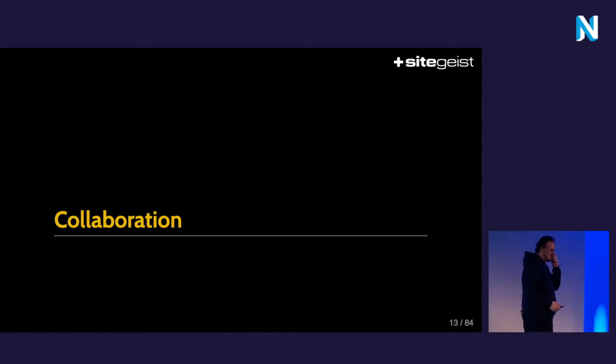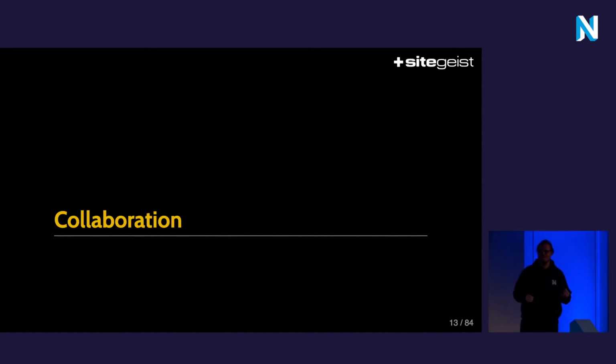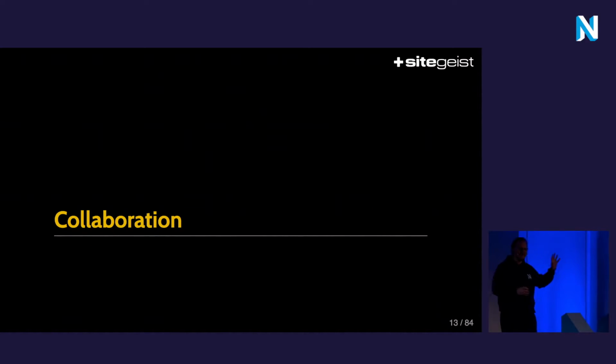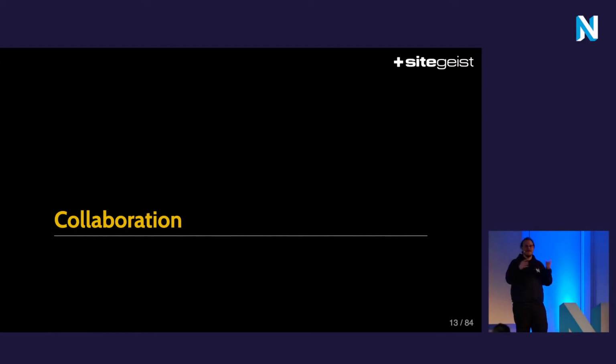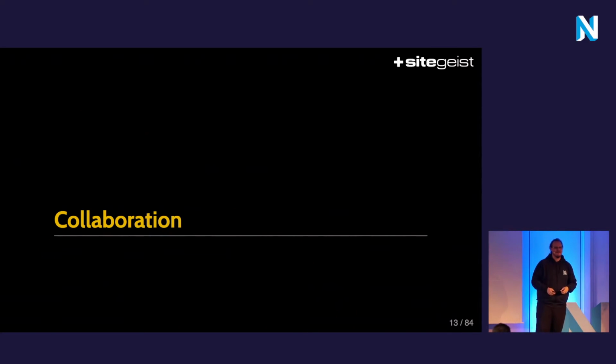So how do we solve the collaboration problem? If you think about a classical waterfall approach to your view layer, it will begin somewhere in the graphics department. They will come up with a layout that showcases the entire big picture of a page, basically. They hand it over to the front-end department. They will make a prototype in HTML, put in JavaScript and CSS. This will be handed over to the back-end department for splitting it up and integrating it with content data. The problem with this process, though, is